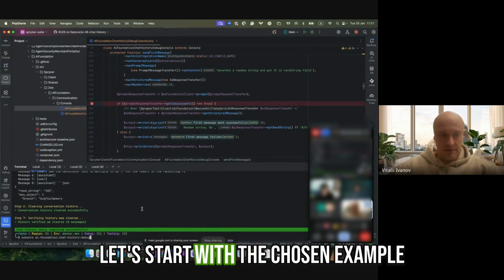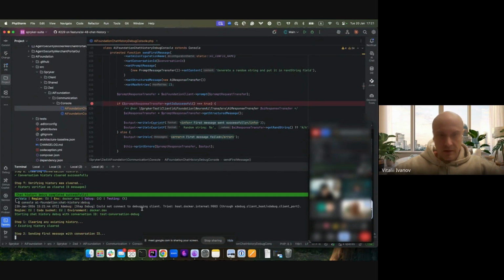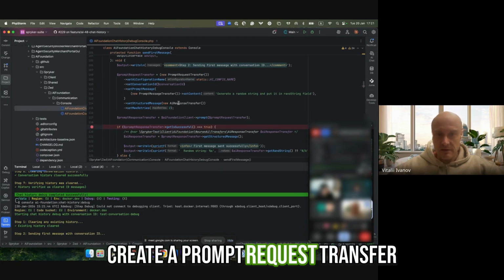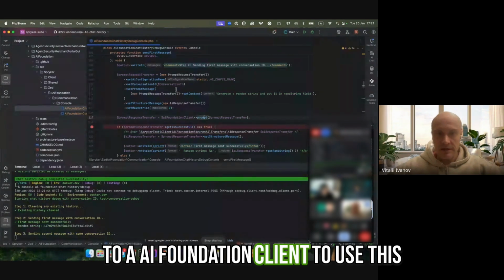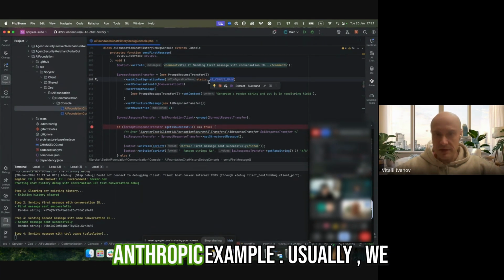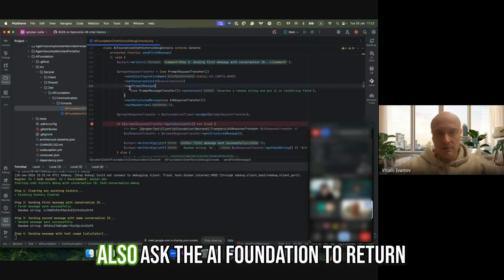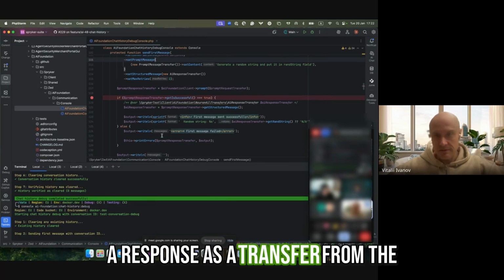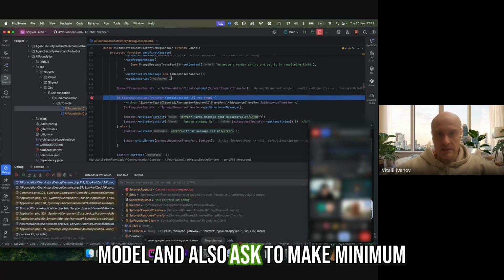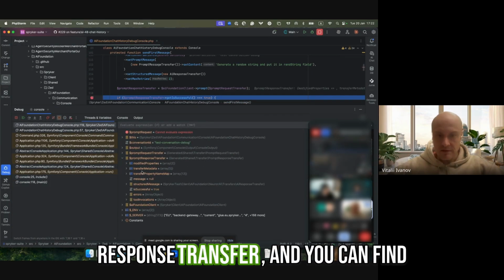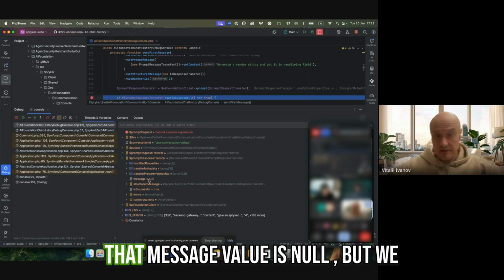So let's start with the first example. In this example, we see that we create a prompt request transfer to the AI Foundation client to use this configuration name. In this case, it's Anthropic example. Usually, we also ask the AI Foundation to return a response as a transfer from the model and also ask to make a minimum of 2 retries. Actually, what we have inside is the prompt response transfer,